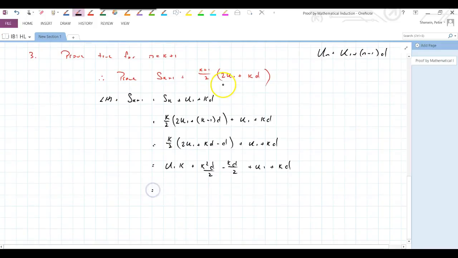Okay, we need to get this tidied up a little bit, don't we? So I can see where the over 2 is going to come from. K squared d over 2, now we've got any like terms, we've got a kd here and a minus a half kd, so that gives us a half kd. So the tidy up is u1k plus u1 plus k squared d on 2 plus kd on 2. Now if we take out kd, take out a half, then we would have